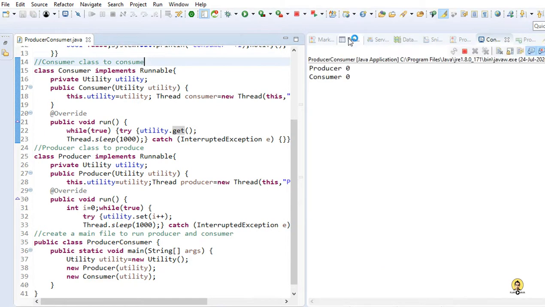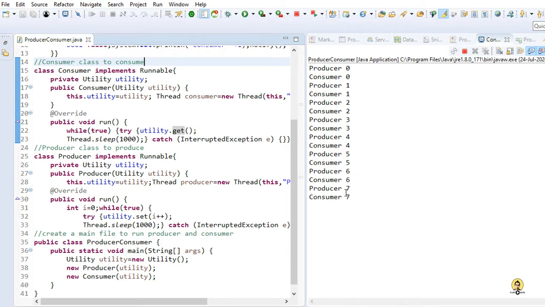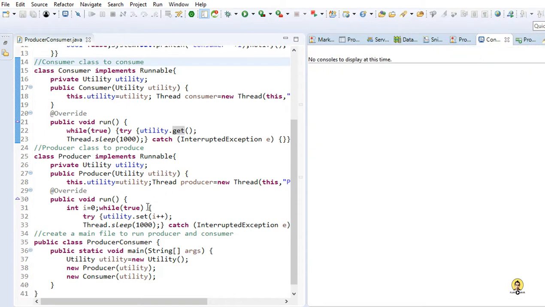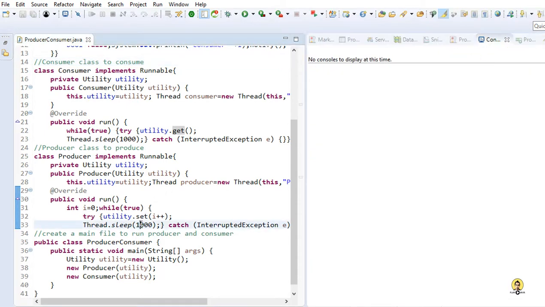As you can see, every time it will wait for 1 second, and the producer will produce, then again the consumer will consume. So the producer is producing and the consumer is consuming. It is not happening that the consumer is consuming and then the producer is producing. This was for 1 second, so it was in sync mode. Now let's change it to